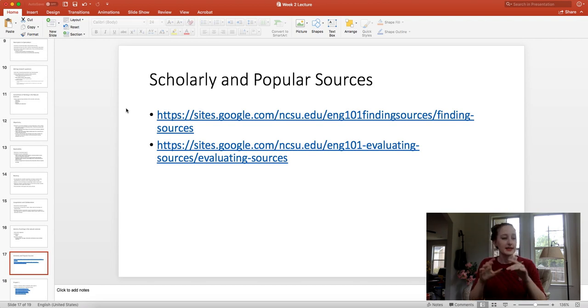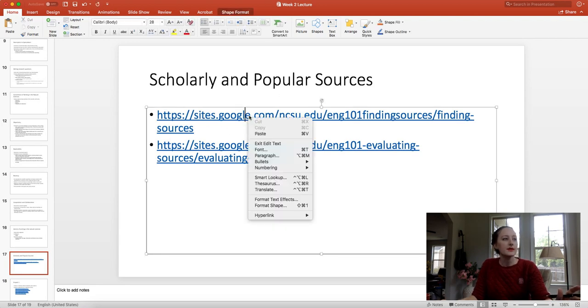If you want to take a break, I suggest you do it now, because then we're going to talk about scholarly and popular sources, and that is incredibly important because it's the focus of Project 1, but it applies to every other discipline we're going to talk about too. This is a concept that spans all disciplines and really all academic writing. Here, I think this is really useful to you.